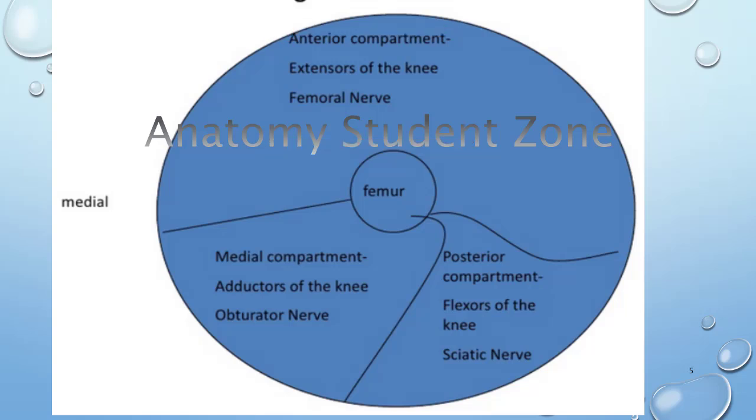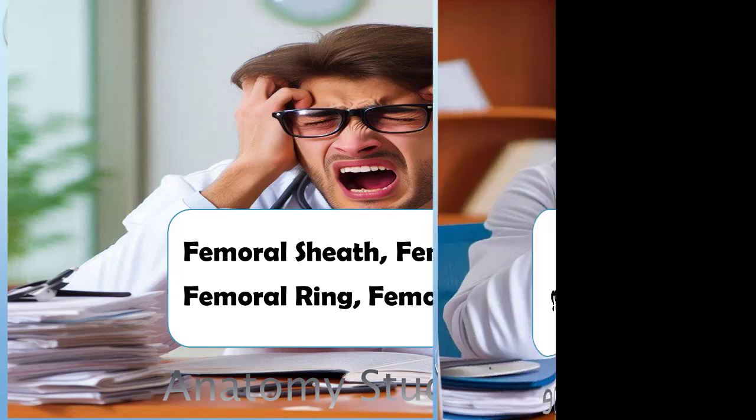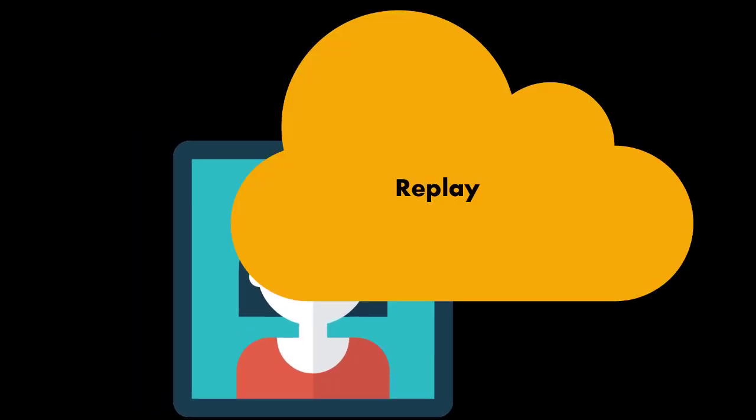Right now I will cover the femoral sheath and the femoral canal, and in the next part of this series I will cover the muscles of the anterior compartment and the femoral triangle. I recommend that whenever you feel difficulty in understanding what I am saying, you can replay that part, and I am sure after you listen to this content a second time, it will be more clear to you, because it's just a game of neurons, how you are going to use them.